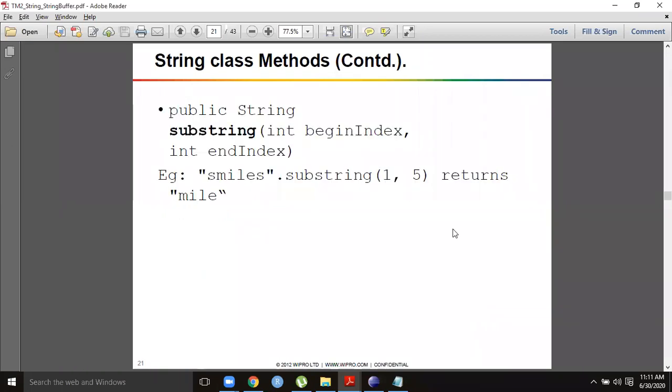Similarly, you can mention begin index and end index: 1 comma 5. 0, 1, 2, 3, 4, 5.